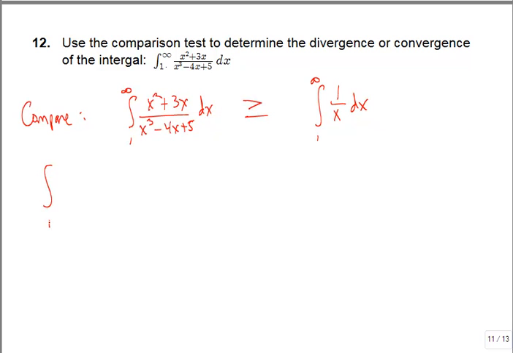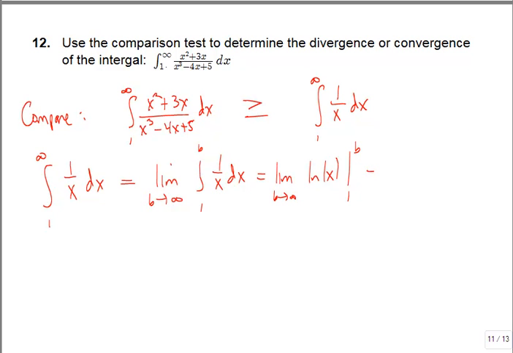So if we know that this one diverges, and I'll just prove it to you one more time in case you forgot, you can prove it by changing this to a b, taking the limit from 1 to b of 1 over x dx. The integral of 1 over x is ln of x. And when you plug in your bounds, that's going to give you the ln of b minus the ln of 1, which is 0. And if b is going to infinity, the ln of infinity is infinite. So this is going to infinity, so something larger than that must also be going to infinity. So by the comparison test,